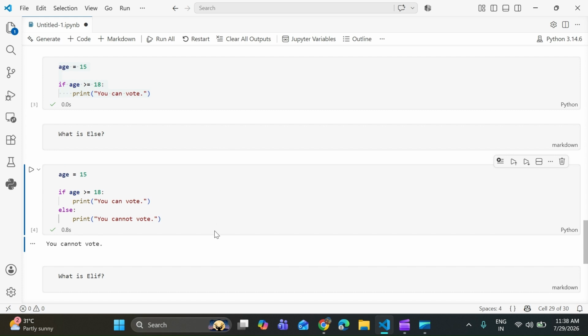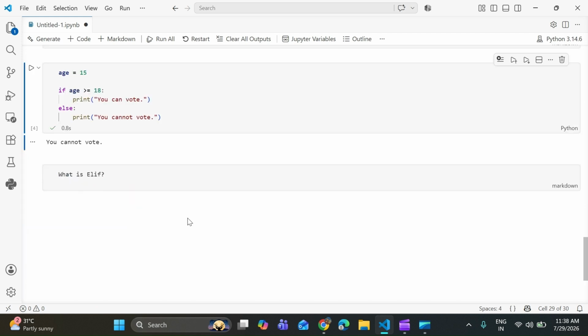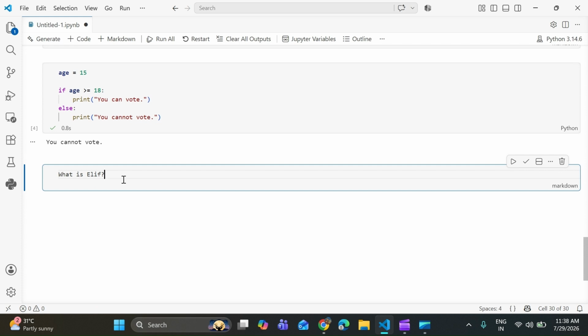Okay, let's talk about the elif statement. Sometimes we don't have just two choices. We may have three, four, or even more conditions. For that, Python provides elif, which means else if.